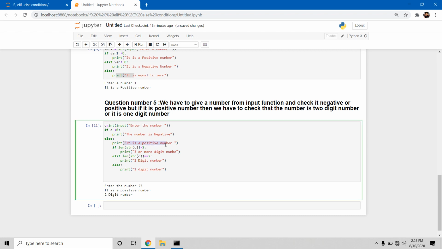Then it will convert it into a string, and then check what the length of that variable is. Now it will check if it is greater than 2, then write 3 or more digit number. And if the length of the string is equal to 2, then it prints a 2 digit number. And if both are false, then the last one will become true.